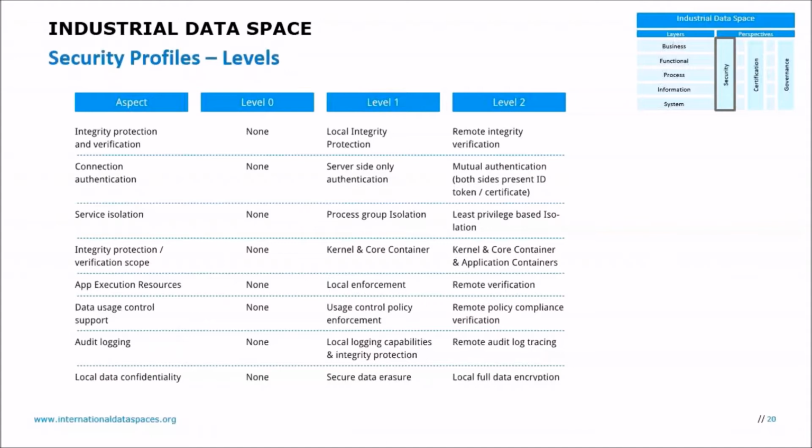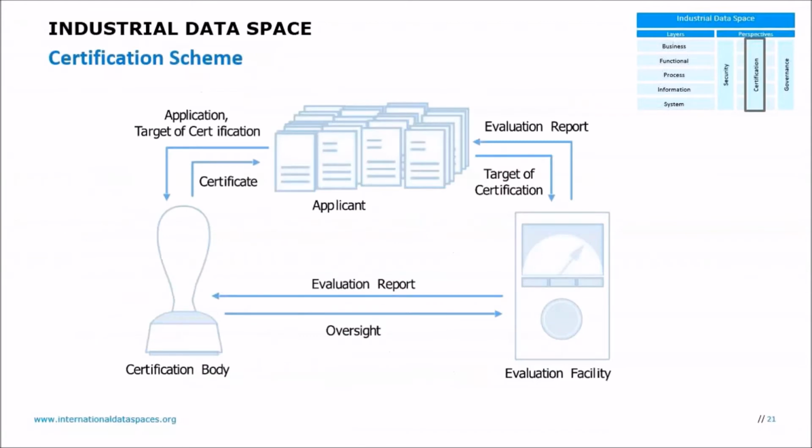So especially in these more free and open settings, or in other, not that critical domain settings, security is maybe less important than in others, but in all cases, basic security must be provided. Level 1 security is usually what we aim for, and level 2 is what we call the trusted connector scenarios, where you really need to make sure that this is implemented in the right way. And there is a certification